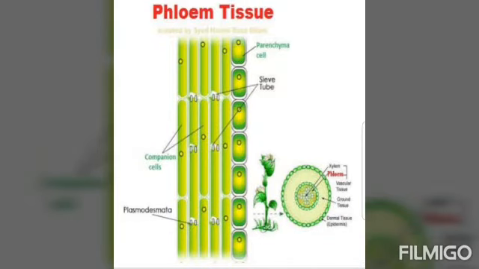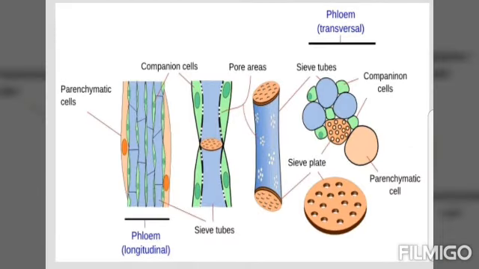The companion cells are specialized parenchymatous cells which are closely associated with sieve tube elements. The sieve tube elements and companion cells are connected by pit fields present between their common longitudinal walls. Phloem parenchyma is made up of elongated tapering cylindrical cells which have dense cytoplasm and nucleus. The phloem parenchyma stores food material and other substances like resin, latex, and mucilage.